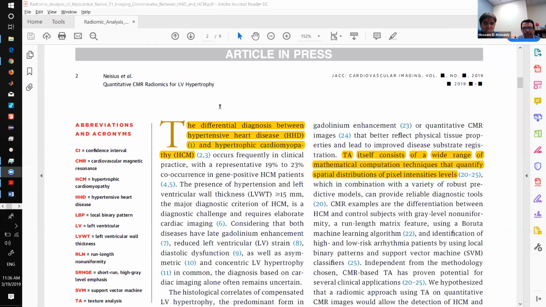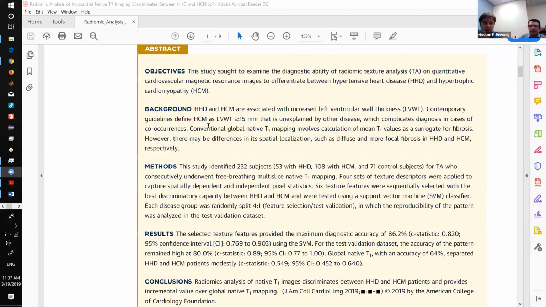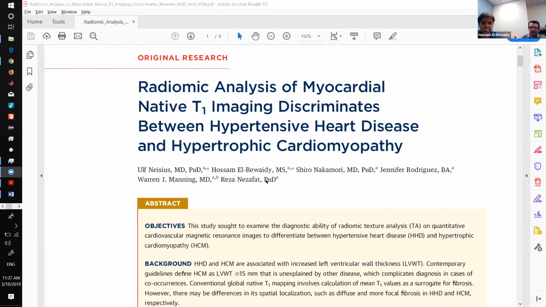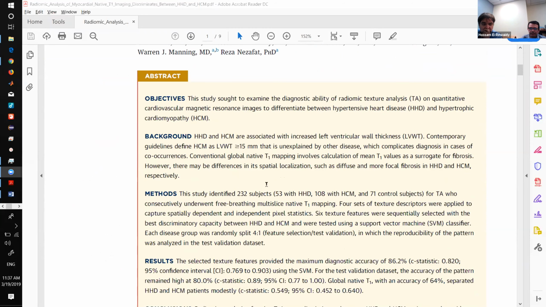Okay. So basically, this paper was published 2 months ago online at JACC Cardiovascular Imaging. As already introduced, we addressed a clinical problem, the differentiation between hypertensive heart disease and hypertrophic cardiomyopathy with radiomic analysis of myocardial native T1 images. Just to summarize,